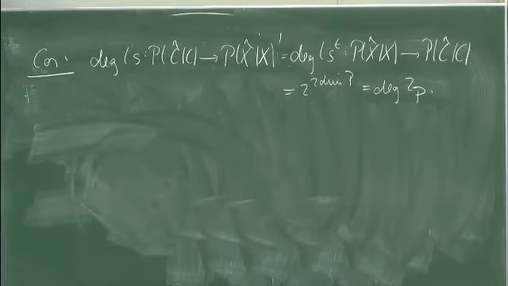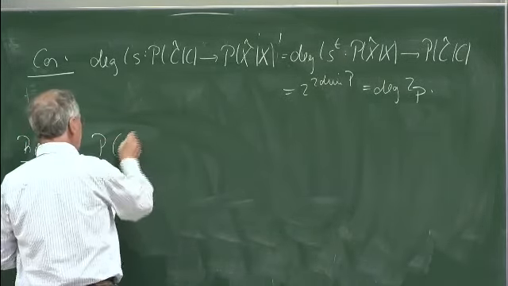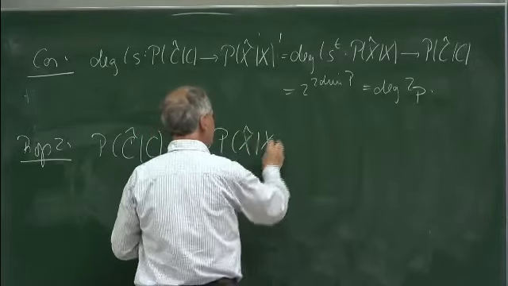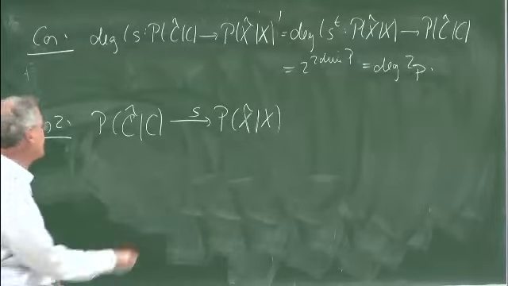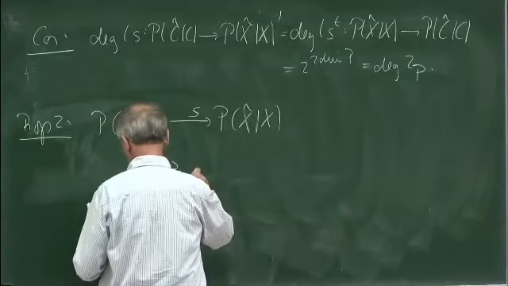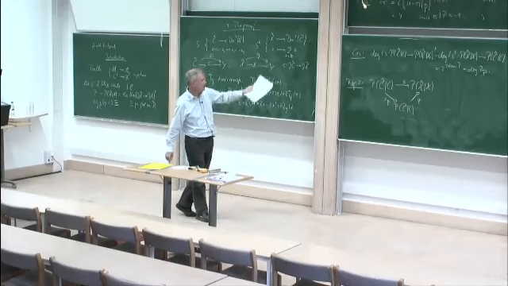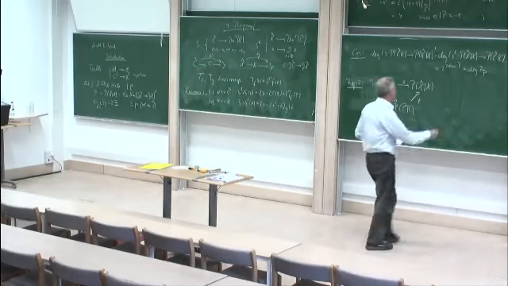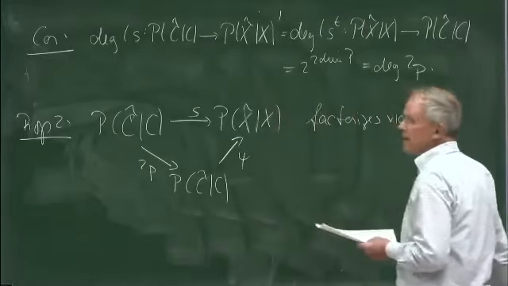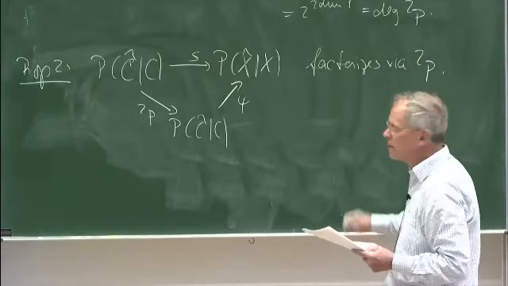So now we need a last proposition. Namely, that the isogeny here from P of C tilde over C, which is not an isomorphism because it is of the wrong degree, factorizes via multiplication by 2 on P of C tilde over C. So there exists an isogeny psi such that this diagram factorizes via 2 times P. I will give the proof later; it is also again very classical.